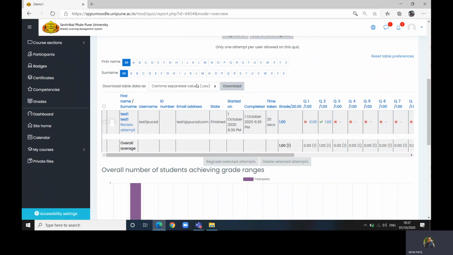Every teacher should download this file, the teacher who was supposed to teach and take the exam of this course, I mean every teacher who is setting up this exam. So you download this, and appropriately see how many marks that student got.